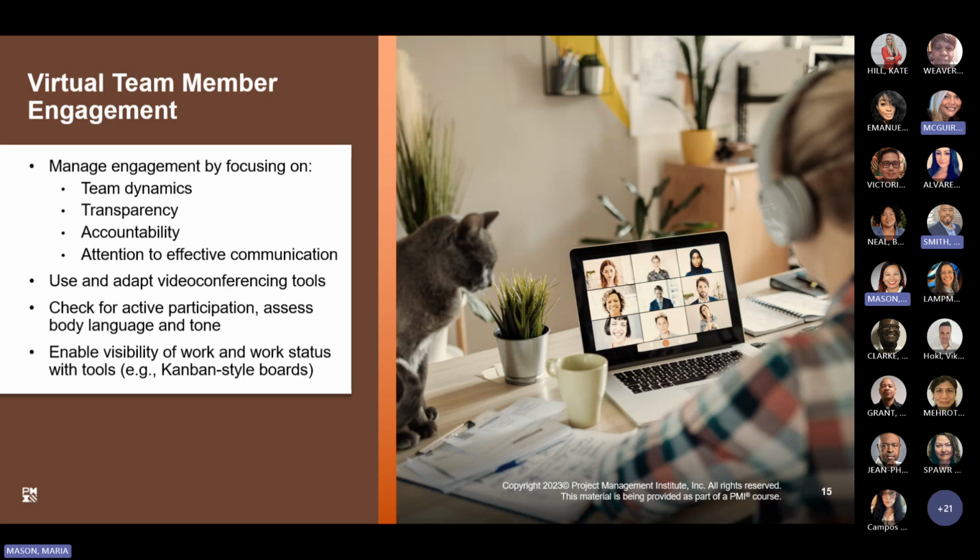And this is important to you for the PMP test because you may see questions around how you have a virtual team member that's not producing, and what are some ways that you can address it? Or you have a team that's all virtual and their performance may be up and down or inconsistent, and it'll give you options. What should you do to help improve it? Or what should be your next step? So you want to think about what tools you should leverage, or how you should best communicate, or what things you can do to increase productivity.